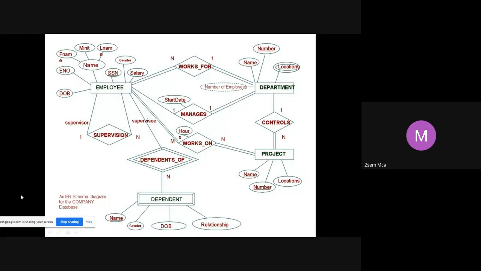A couple of other examples we have seen in our lab exercise itself. Even for the cricket exercise, we wrote an ER diagram and converted it into a set of tables. So same thing here also. This is the ER diagram we already have. How are we going to convert this ER diagram into a set of tables?